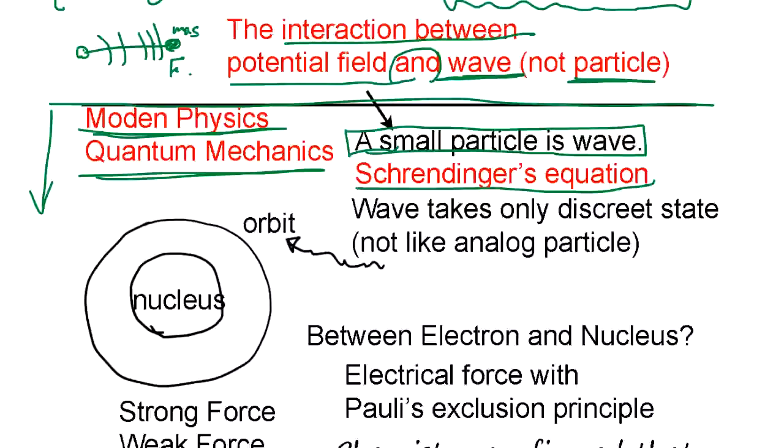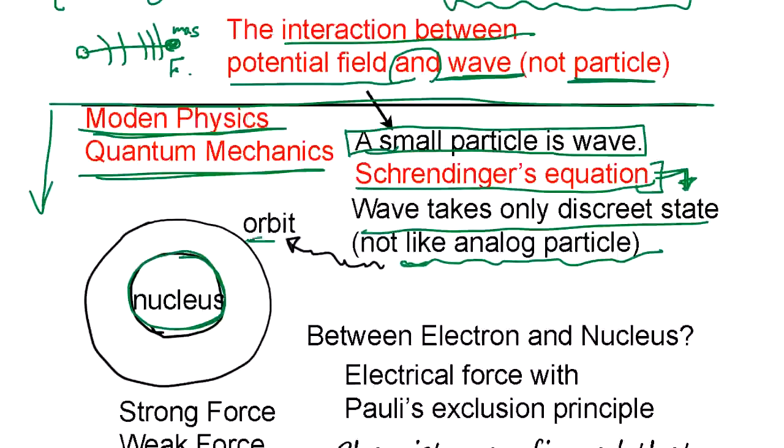A wave takes only discrete states. According to this equation, a wave is not an analog wave. It takes only discrete values, and it's not like an analog particle. Because of this, the atomic structure is kind of unique. It's not analog. When you say orbit, it's not an arbitrary orbit like the moon around the Earth or the Earth around the sun. There is a nucleus, and there's an orbit. The orbit has only discrete states. Okay, and